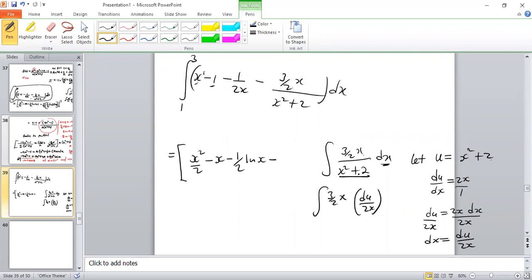Then x squared plus 2 we replace with u. Then this x and that x cancel. Then you bring out this 2 and this 3 over 2, so the 3 over 2 is brought out, and this 2 multiplies that 2. Then what you remain with in the numerator is just 1 over u du. And I said this 3 over 2 times